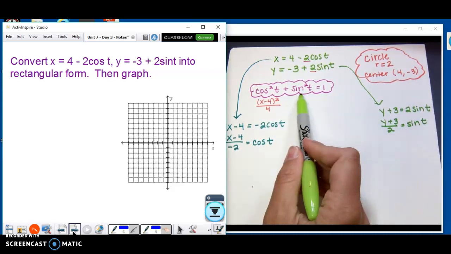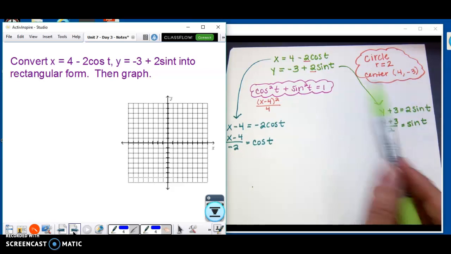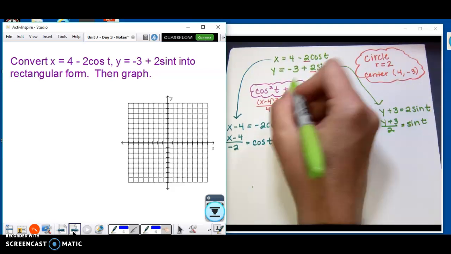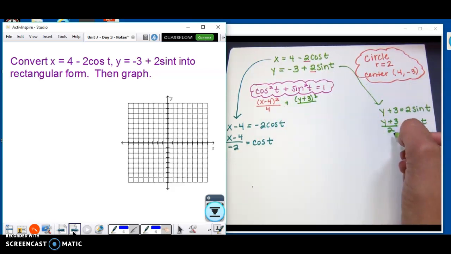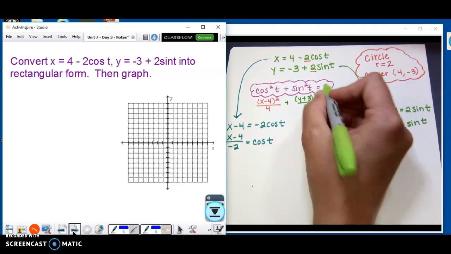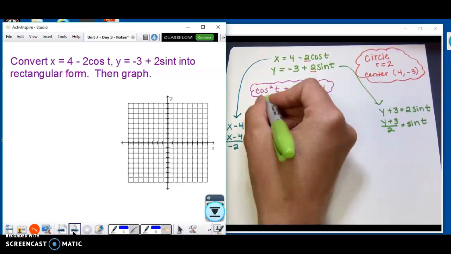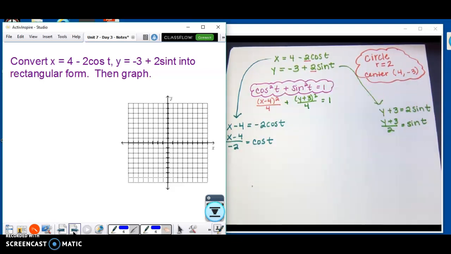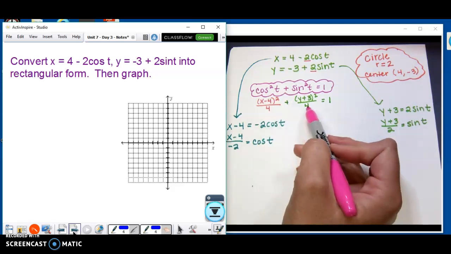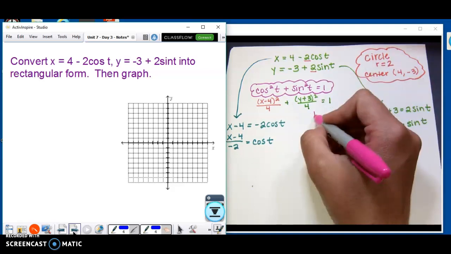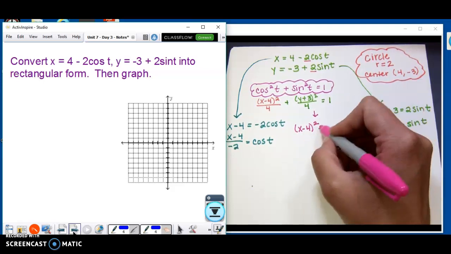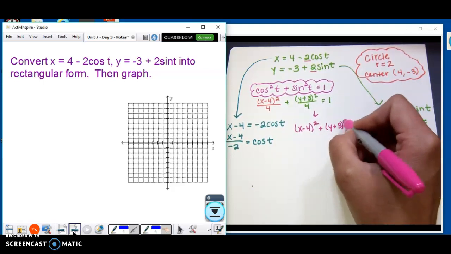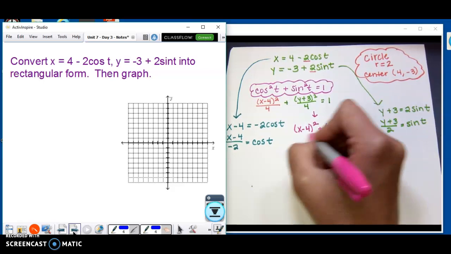Okay, this says sine squared. This is just sine, so I need to square both parts. So we're going to have this plus in the middle. We have y plus 3 squared. In the denominator it's 2, so 2 squared is 4. And then we know it has to be equal to 1 because we're just filling in this formula. So that answer's fine, but normally with the circle, they have the same number on the bottom, so you multiply by that number to get rid of it. So I would write my final rectangular form as x minus 4 squared plus y plus 3 squared is equal to